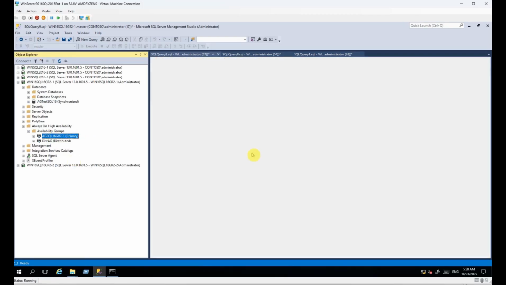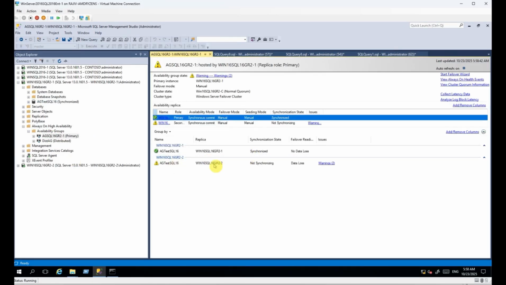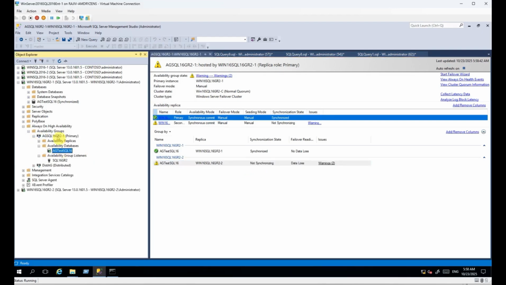If I see the dashboard, it's complaining that GR2 is not synchronizing. Why? The database is added into this availability group, and in this availability group we have this as a secondary replica. We told SQL Server to add this database in the distributed availability group here, but this database also needs to be added on the secondary replica. So what we'll do is go to this